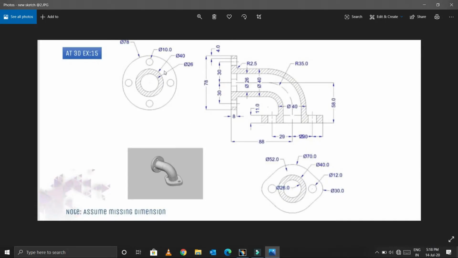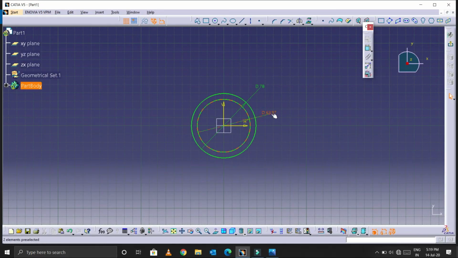The inner diameter is not 40, the inner diameter is 26. Why it's not 40? The 40 diameter is the pipe's diameter, so it can be clearly seen here. This is the outer diameter of the pipe, 40, so the circle's inner hole has a diameter of 26, which matches exactly here. So the diameter is 26.